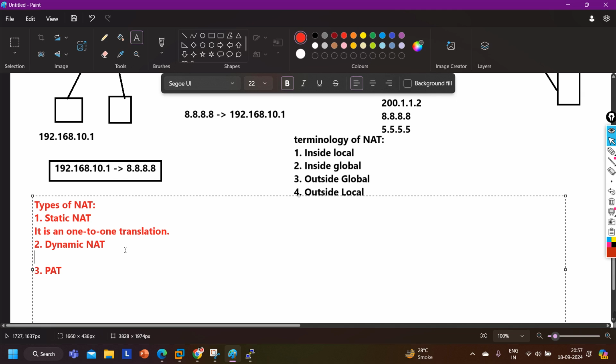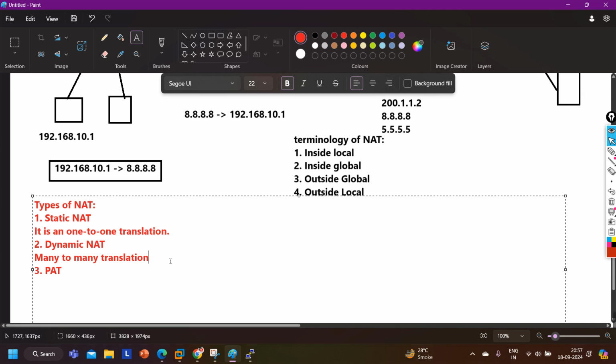Then the dynamic NAT. In dynamic NAT, guys, one subnet means a group of IP addresses. It is, you can say, one-to-many translation.